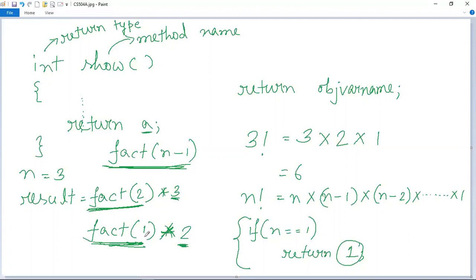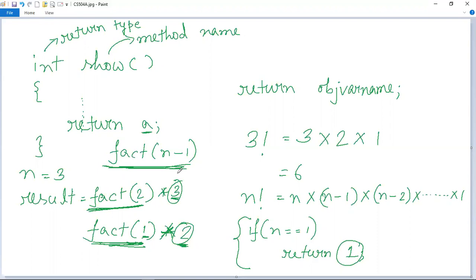After that, n has become 1. So this exit condition is satisfied. 1 will be returned to this fact. So when 1 will be returned to this fact, it will be first multiplied with this 2. After that, it will be multiplied with this 3. That means whenever the value 1 will be returned, it will be multiplied by 2. 2 is the value of n in the second call.